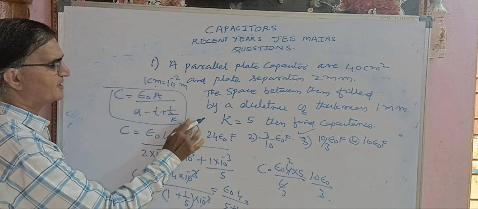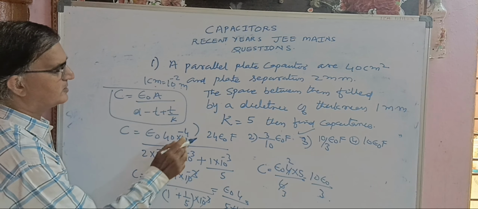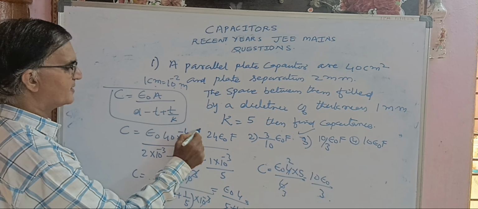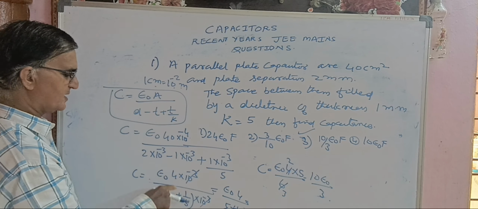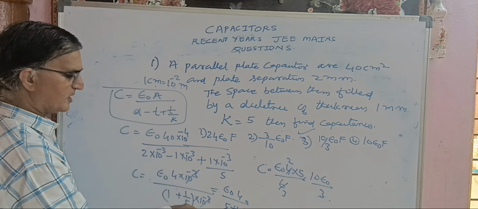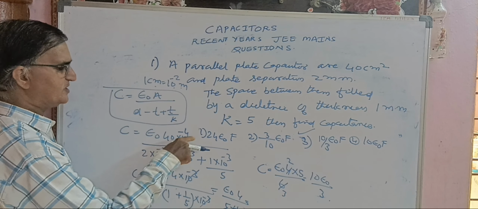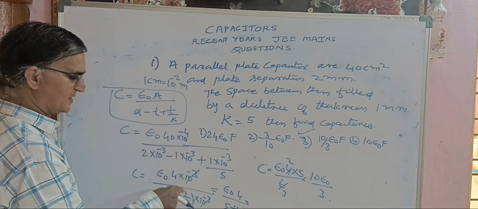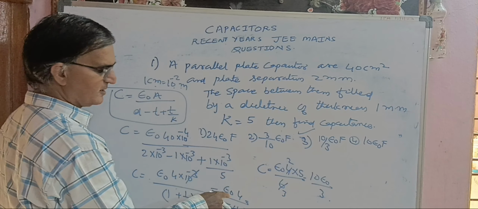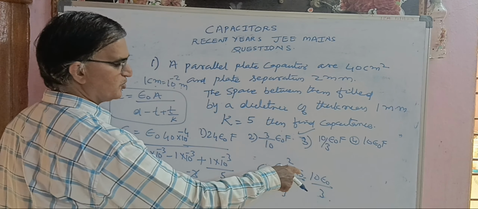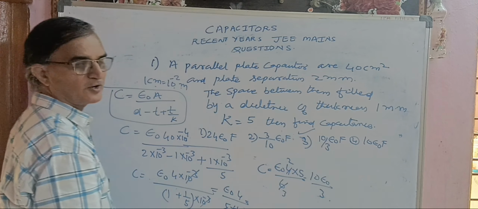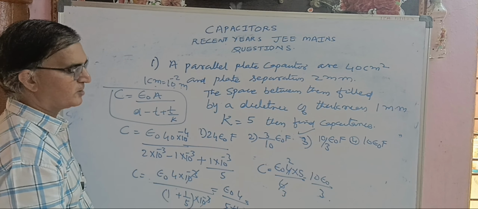So I convert it into square meters. Now here, millimeters converted to meters, millimeters converted to meters here. So again I took common 10 power minus 3 here, minus 3 here, getting cancelled, 4 into 10 power minus 3, minus 3 cancel. So I took LCM here, epsilon naught 4 by 6 by 5. So this 5 goes to numerator, 5 by 6, 10 epsilon naught by 3